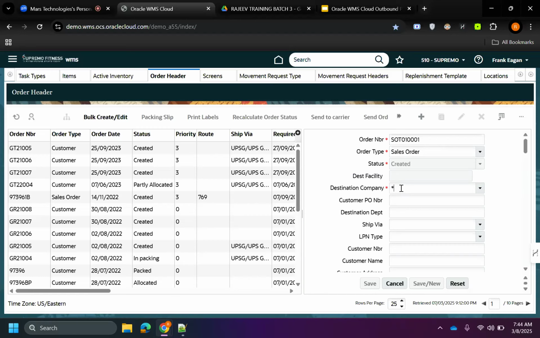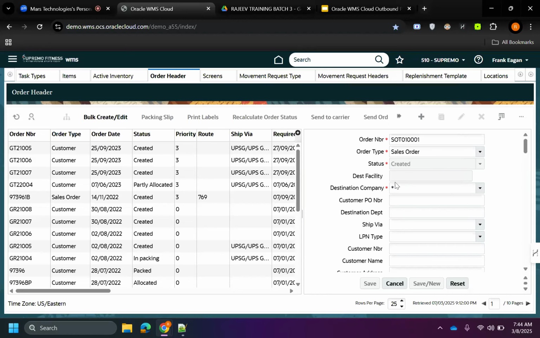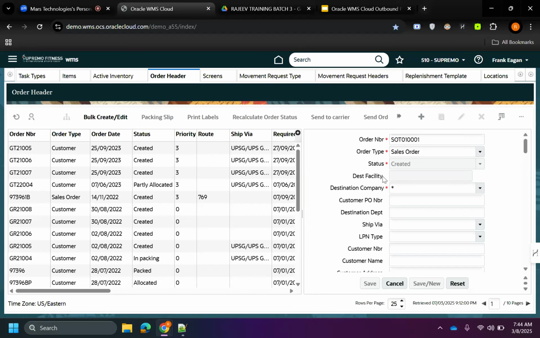You have to obviously only put star because you are not sending this to any of the company that is within your warehouse. If it is so, then you will select the company. Company is nothing but your child company. So if it is a warehouse transfer, then you will select a company. Okay, so now next thing,